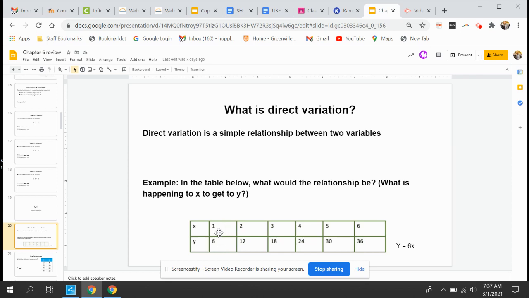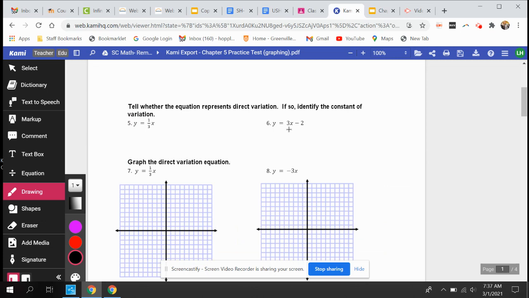And in this case, they're multiplying our x values by 6. 1 times 6 gives us 6. 2 times 6 gives us 12. 3 times 6 gives us 18, and so on and so forth. So in this case, y equals 6x. We're multiplying our x number by 6 to get to y. That's a simple relationship. So for questions 5 and 6, you're just looking,